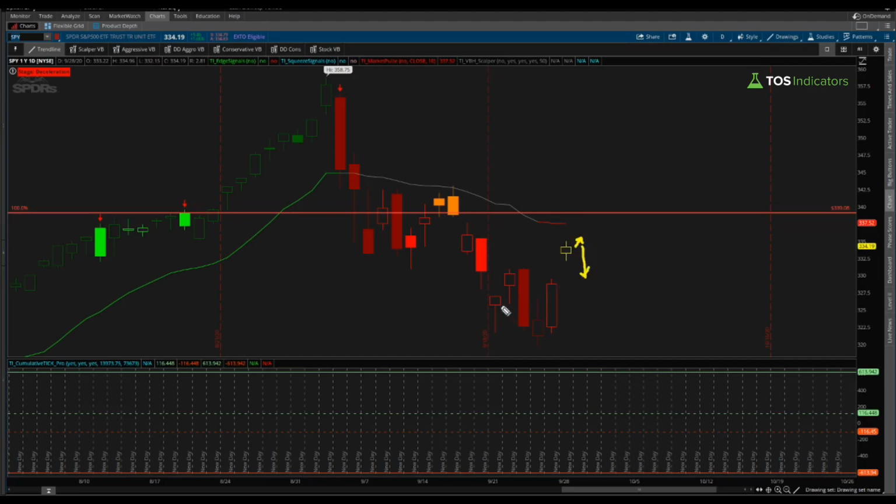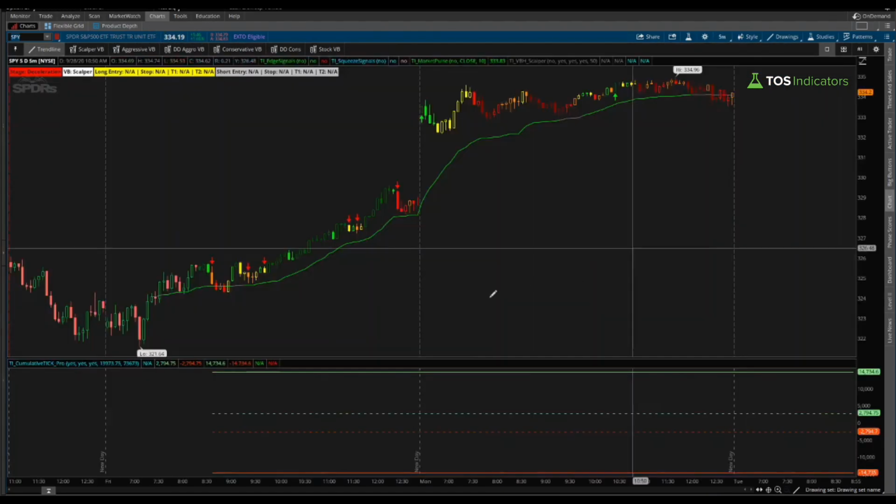That to me seems like the likely scenario. Now, of course, keep in mind that doesn't have to happen, and it just happened on Friday. That's the only reason why I say that I think it would happen again. For our members, in terms of the signal that I would be looking at, if you come into a 5-minute